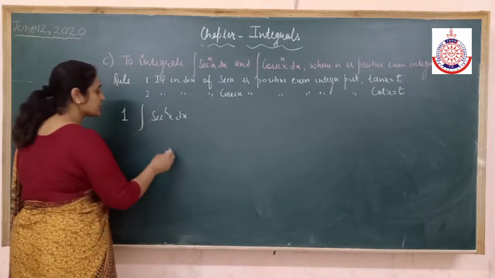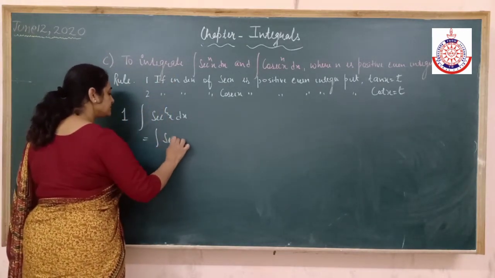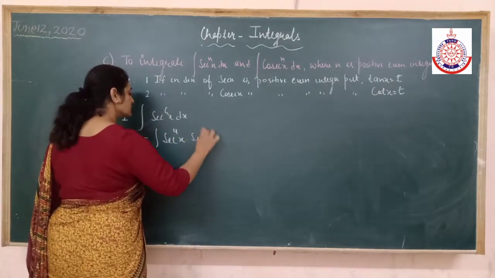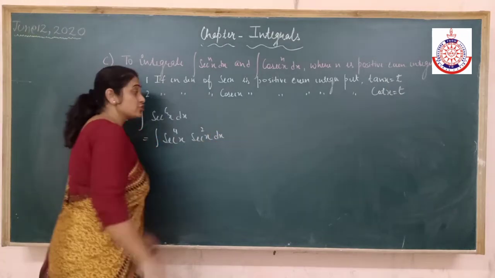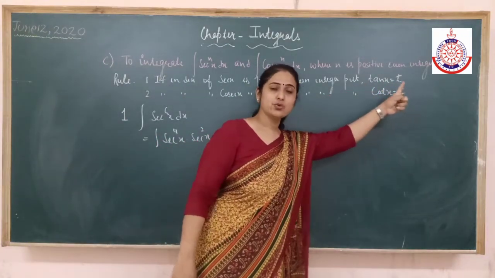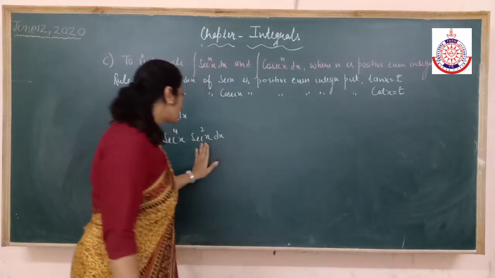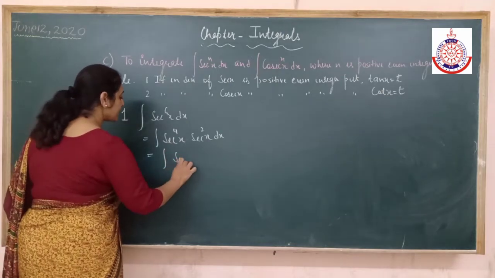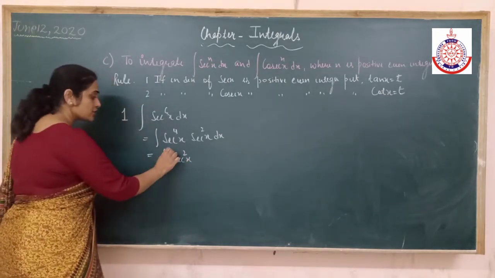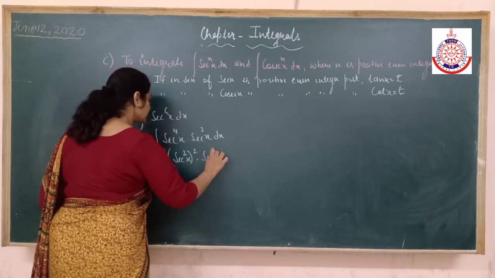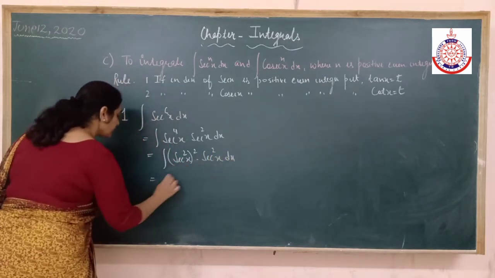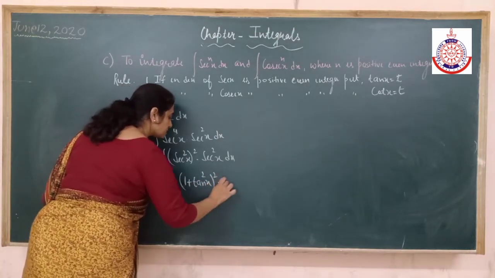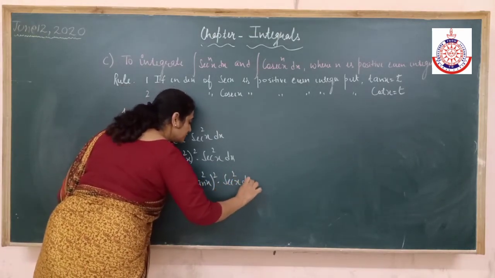Let's check this. I have secant. So first of all, let me split. Because if I have to put tan x equals t, I know the differentiation of tan x is secant square. So one secant square will be adjusted. That's why I split. Another secant square, I'm writing as secant square to the power 2. So this is what you have to do.